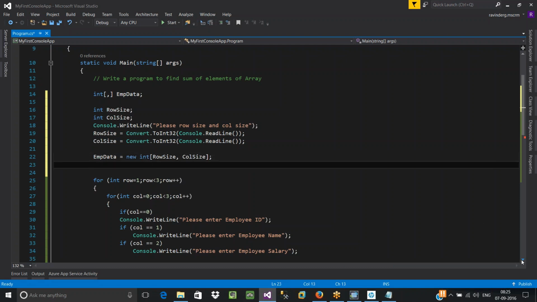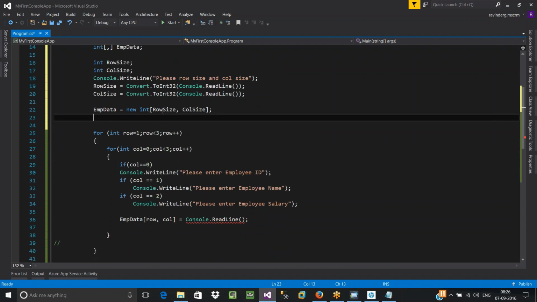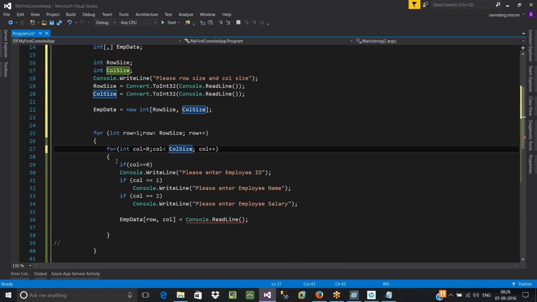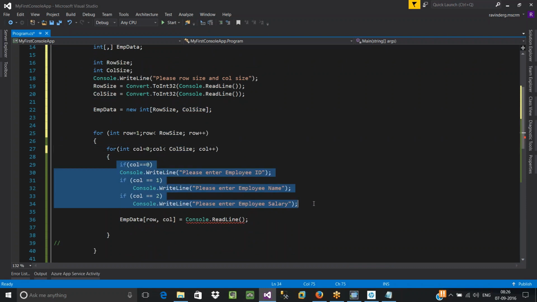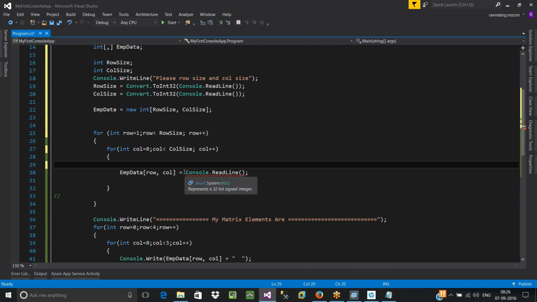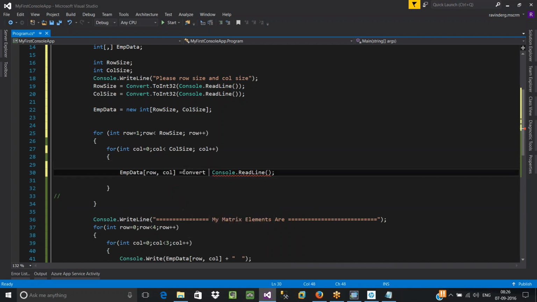So now we are able to allocate these locations dynamically at runtime. And you'll also have to change your loops accordingly. Earlier it was only 3, but now it has to be taken dynamically. This is going to be less than row size and this is going to be less than column size. I'm going to just remove this. And this is an integer, so it has to be converted with Convert.ToInt32. It is the same thing.